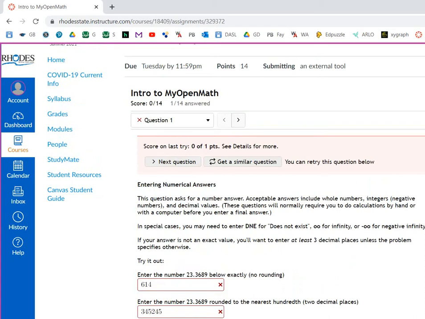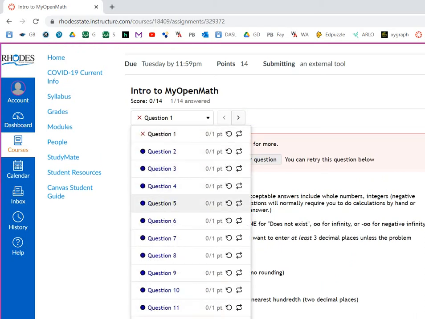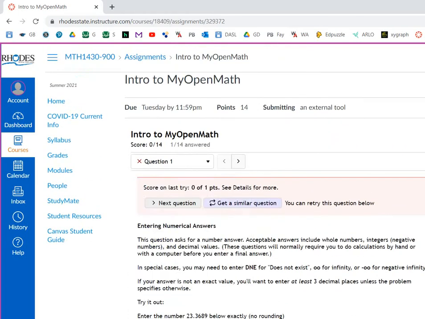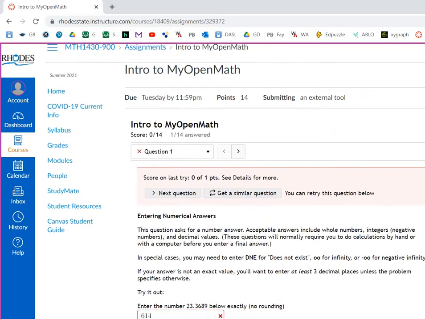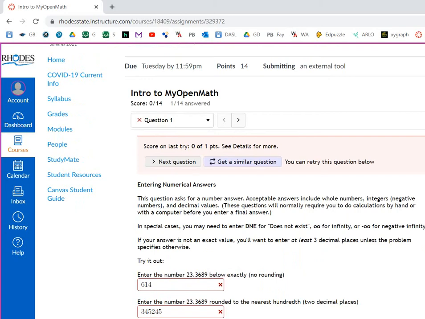It's pretty self-explanatory. You can select questions through the drop down, or you can just hit next question. If you get a question wrong, you'll get a similar question. You can click this button to get a similar question. Over here it shows you that you have 2 tries on this question, and then you can get 9 more similar